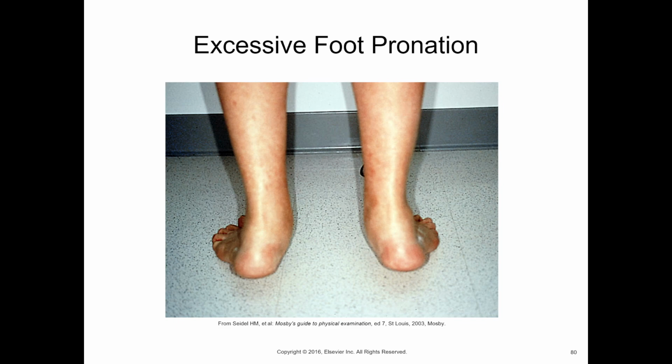Let me draw on here. So normally this should be like this, but what we're actually seeing is a change in our calcaneus of maybe 15 degrees. This is a very severe case right here, right? Ideally, we want our calcaneus to run perfectly in line with our Achilles tendon, which is the part coming up here. This puts a lot of stress on that medial ankle, and it actually leads